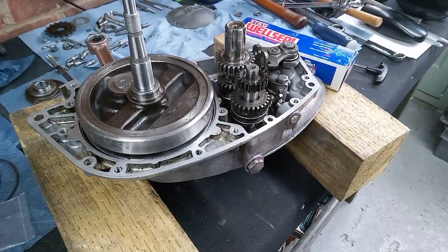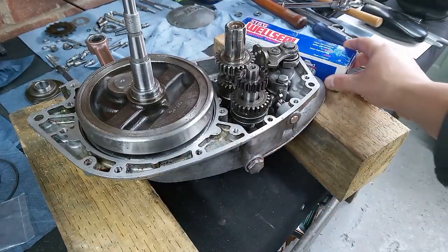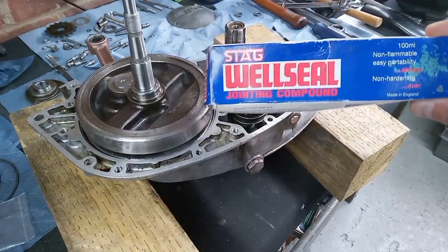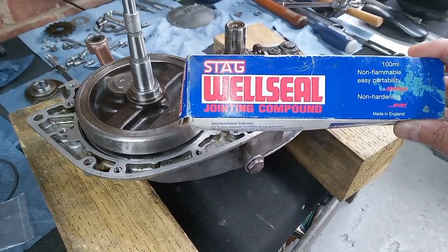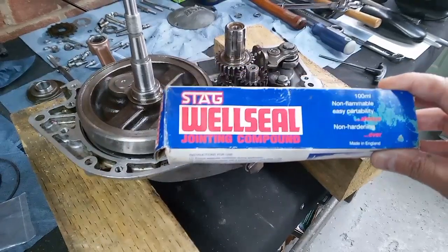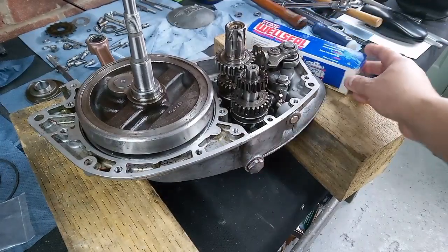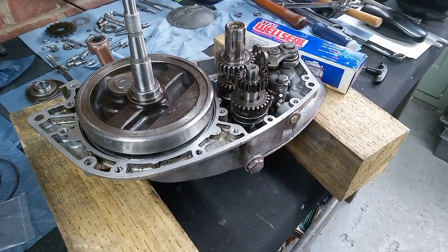Okay, time to get the two crankcase halves back together. And as there's no gasket, it's a metal to metal joint, I'm going to use this stuff, jointing compound. And Welseal is well known in the plastic bike world. Lots of people use it for the simple reason that it doesn't set. It remains sort of semi-hardened and is unlikely to block any oil ways or anything like that, which obviously